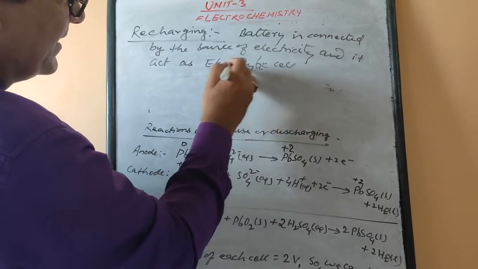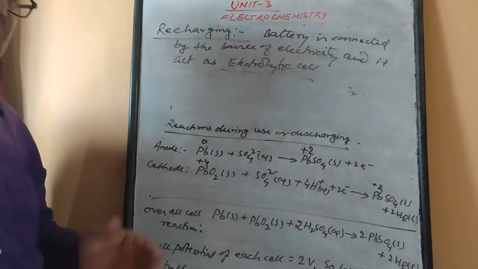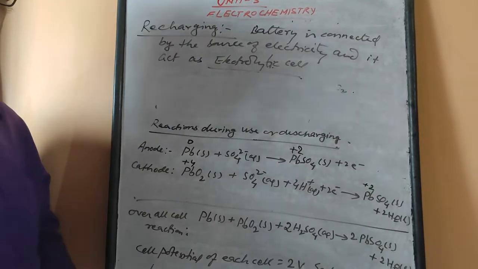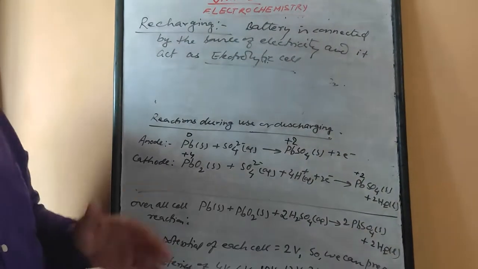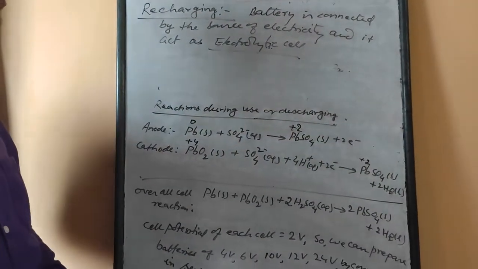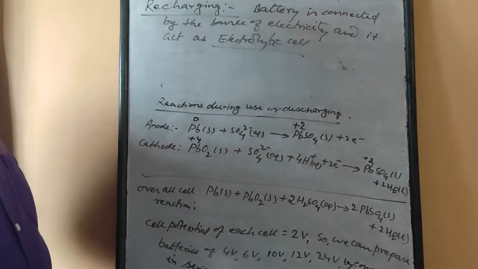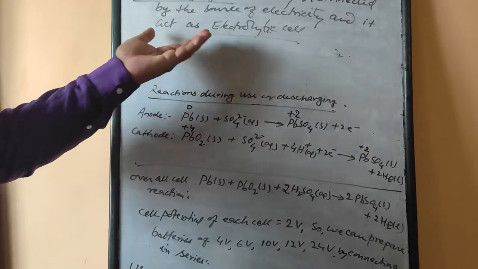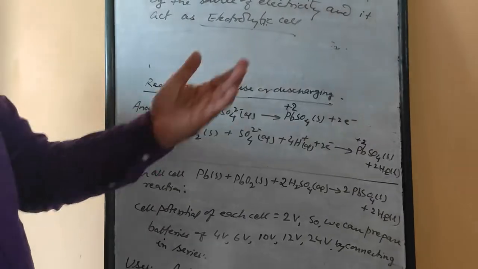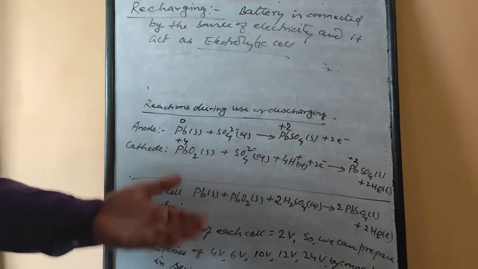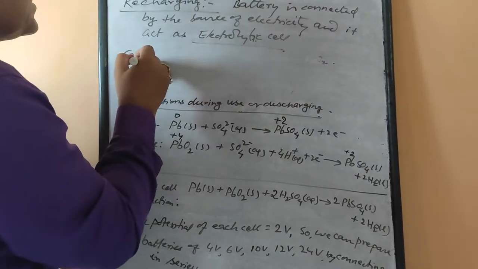Now see, the question is: under what condition is recharging required? Your answer is, if the concentration of H2SO4 decreases up to a certain limit, recharging of the battery is required. For recharging, it is connected to a source of electricity, and under that condition, if electricity is passed, there is a chemical change. So under that condition, the electrochemical cell, which is the lead storage battery, acts as an electrolytic cell, and the cell reactions are